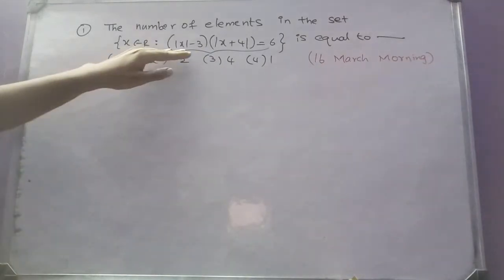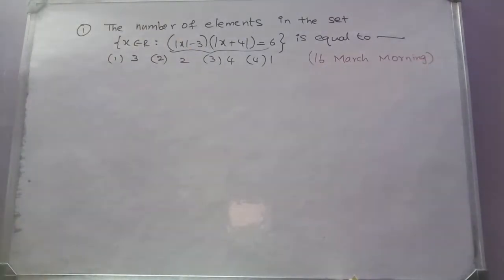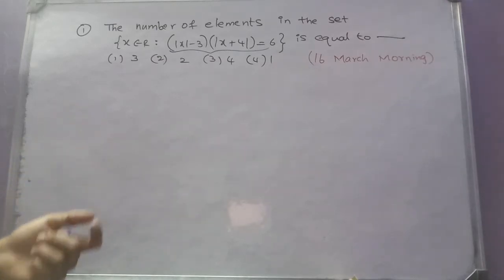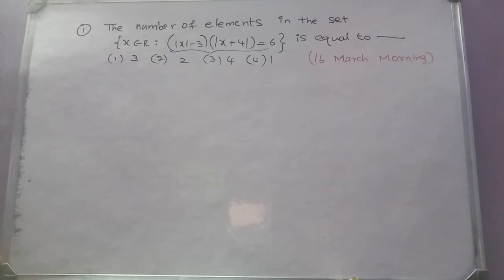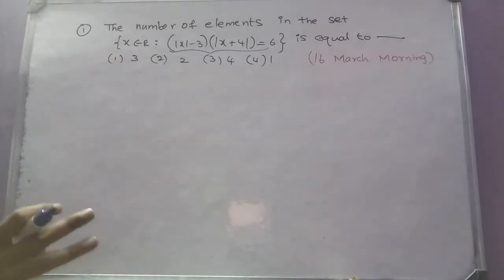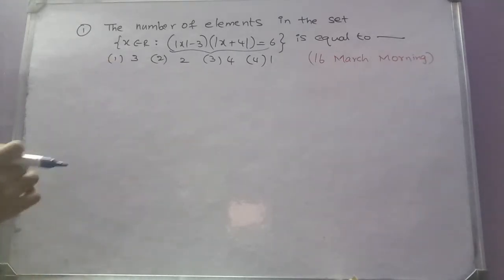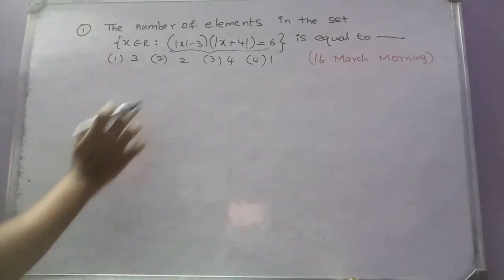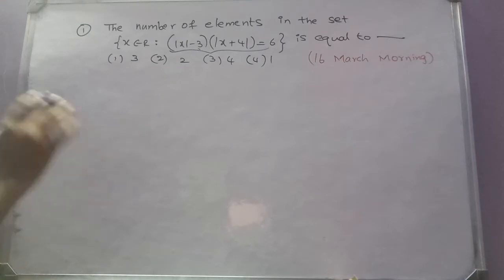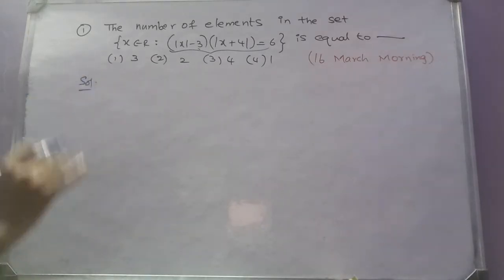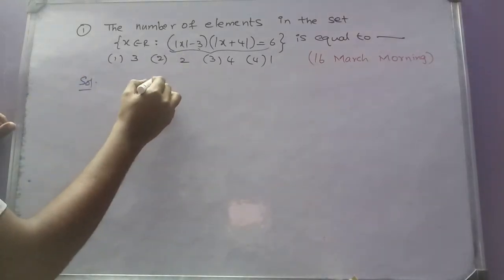So this is clearly an equation containing absolute values. You can go to the concept of equations containing absolute values in the playlist of quadratic equations in our channel. If you want, you can go through that video after this video is completed. So anyhow, let us solve this based on the equations containing absolute values. Indirectly they are asking how many solutions there are for this equation, right? In order to find the number of solutions, first of all take mod x and then mod of x plus 4.